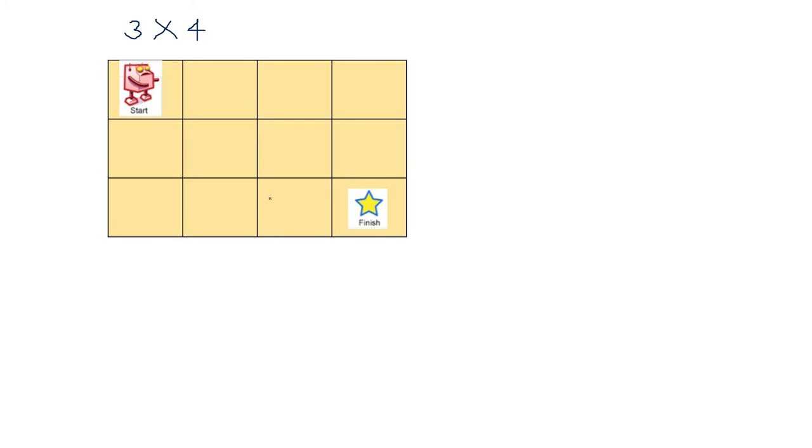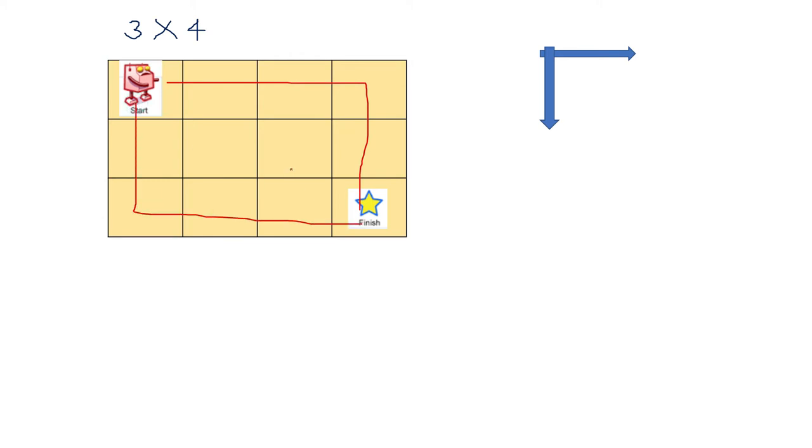Here take one example to understand it more. So here I have taken one 3 cross 4 board. Okay, so 3 is the row size and 4 is the column size. Now the robot is in the corner and we have to move it to the other corner. The movement allowed is either right side or down side. Now, how many ways can we move from this point to this point? One path can be going totally to the right side, then coming down. This is a possible path. Or maybe totally downside, then right side. This is also a possible path.